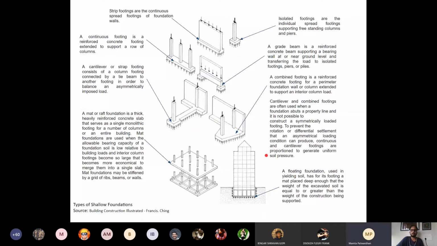I have a question related to basement only. Is it necessary for basement to be combined with the foundation? No, it is not, not at all. Basement and foundations are two different things. If you want to use a raft foundation or a mat foundation that Shirish has shown here, that possibly could be for a basement of a low-rise structure, but it's not necessarily so.